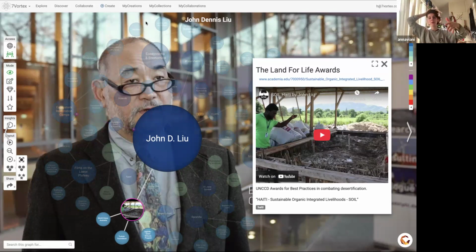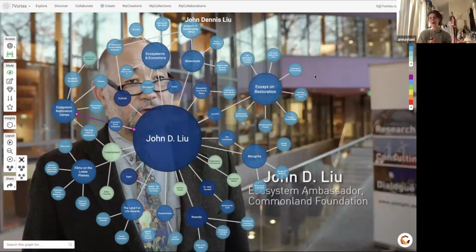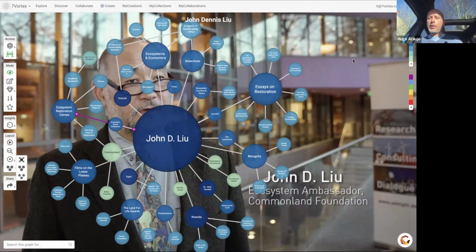This is what I want to address. I can see there's a chance of it turning a bit overwhelming because it's a lot, especially when you map something like the life of a person or, in this case, different ecosystem restoration projects around the world. I also don't really know exactly how to start. It becomes difficult.